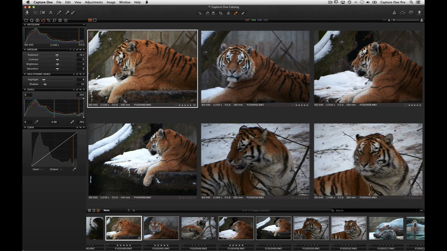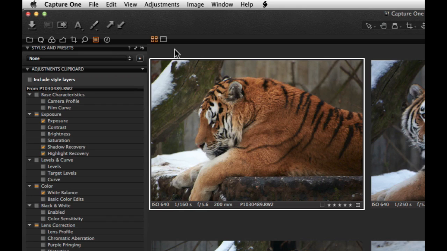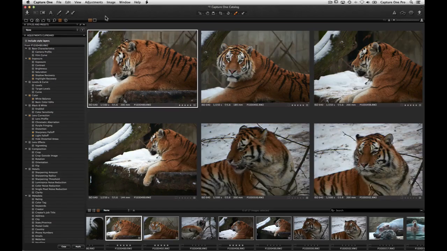To copy the adjustments added to the primary variant, click the Copy button on the toolbar. The primary variant is always indicated by a thicker white border. If you want to remove any of the adjustments you have just copied before applying them to any other variant, then this can be done in the Adjustments clipboard. Uncheck any options you don't want to be copied across. Then click the Apply button, also on the toolbar. Adjustments are now copied across.